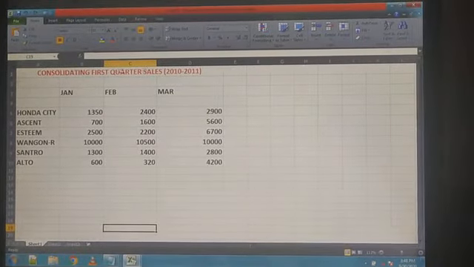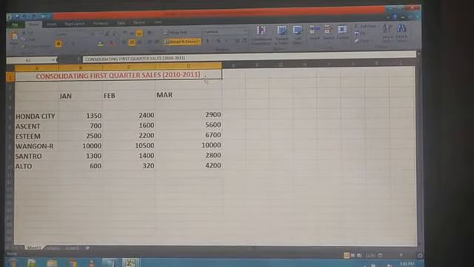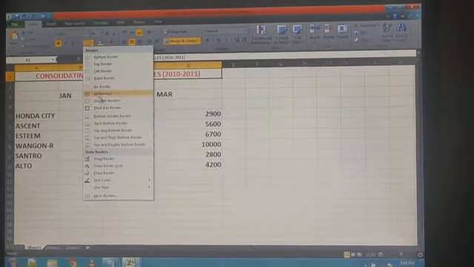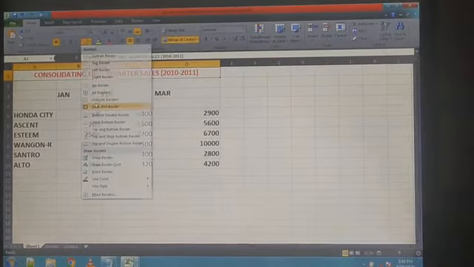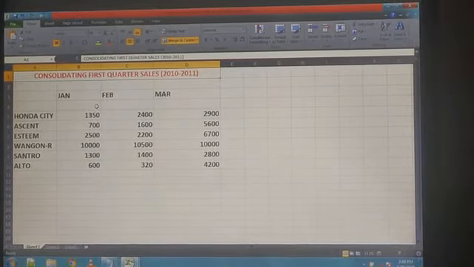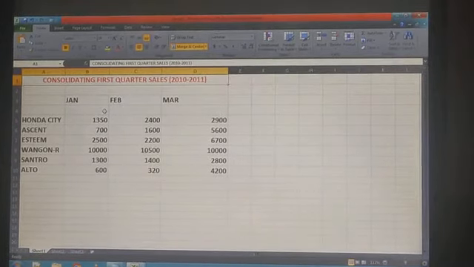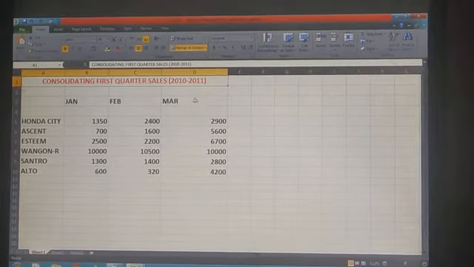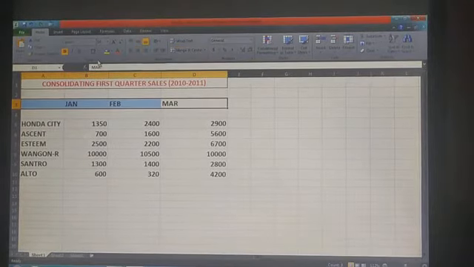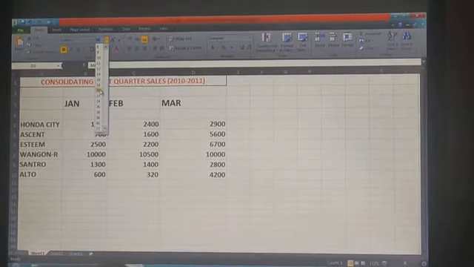Okay students, now you can format the heading by making it bold. I have already made this heading bold. Okay, and apply border. If you want to apply some border, then you can apply this kind of border. Now select row 3 and increase the font size. I have already increased this font size. Okay, you can also increase this font size like 20.